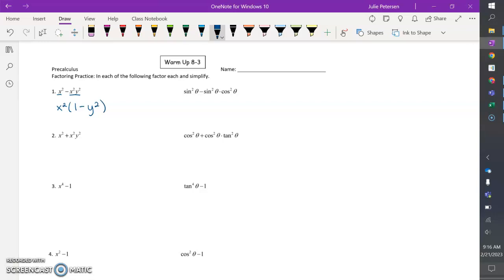And then we've got something similar over here to the right, where we again have two terms. The first one is sine squared theta, and the second one is sine squared theta cosine squared theta. So what we're looking for is what they have in common. And what they have in common is that sine squared theta. So we're going to take that out. Sine squared theta